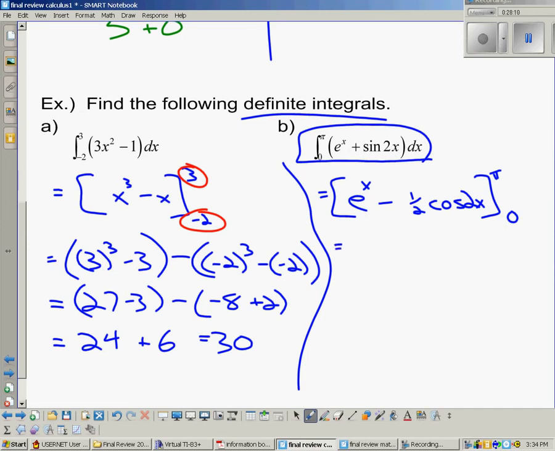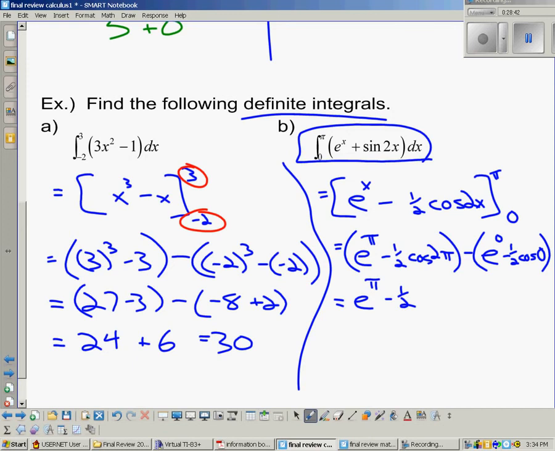Okay, let's put in pi. We get e to the pi minus a half cos of 2 times pi, minus e to the 0 minus a half cos of 2 times 0, which is just 0. That gives us e to the pi minus half cos of 2 pi. The cos of 2 pi is 1, because it's 360 degrees, a full revolution. So we'd have negative a half times 1, or just negative a half,